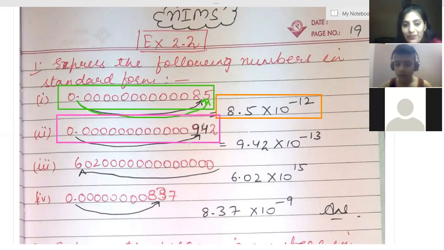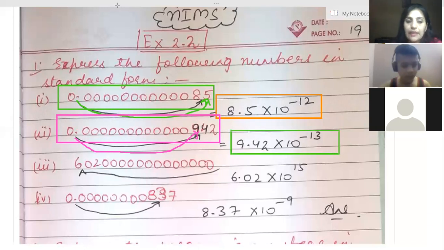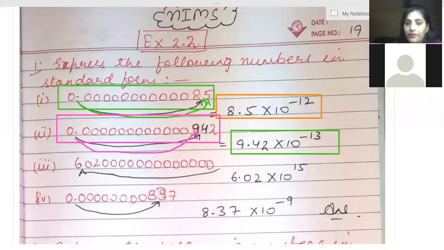0.000000000942। Again you are seeing which pathway is to be followed. The decimal has to be taken to after 9, so the decimal is jumping 13 places, that is why it is having power of -13। Rashi, I hope it is clear. You can give me a message if you are having a problem. Okay, ma'am, I'm typing. Done। चले बेटा,